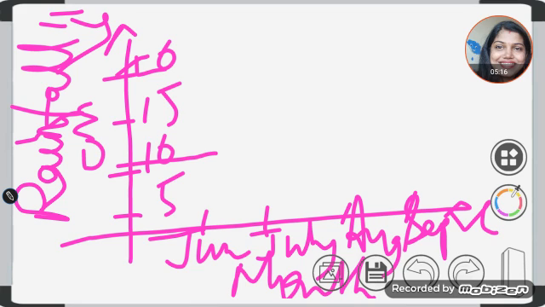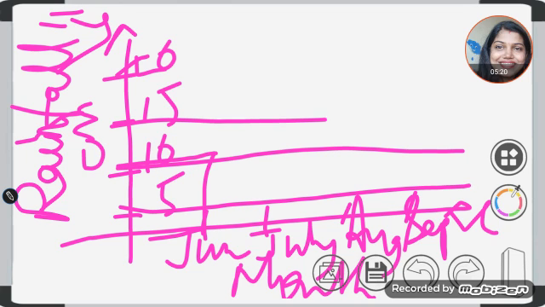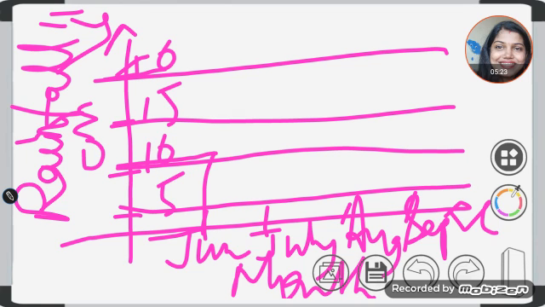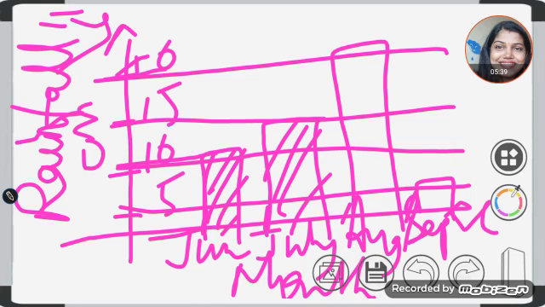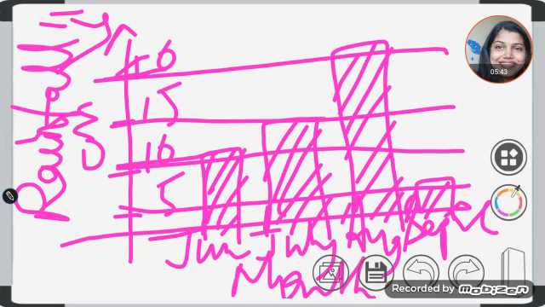After doing that, June has 10, so I'm going to take 10. For better understanding, you can draw the line like this so you can get accuracy here. Now I'm going to draw 10 for my June month, then 15 for my July month. August is 20 and September is 5. This is how you draw your bars, and these are vertical bars. You can use your own creativity, and the scale is very important. So you can write 1 unit.